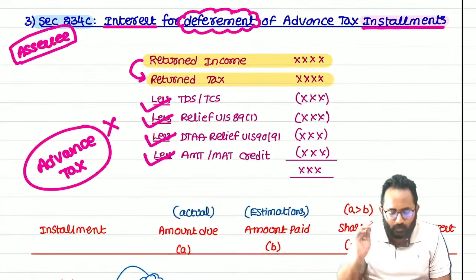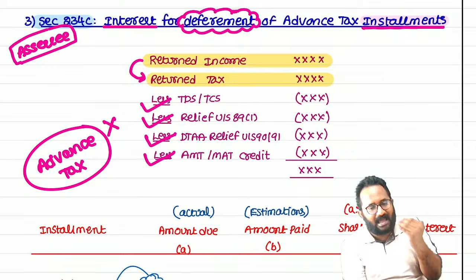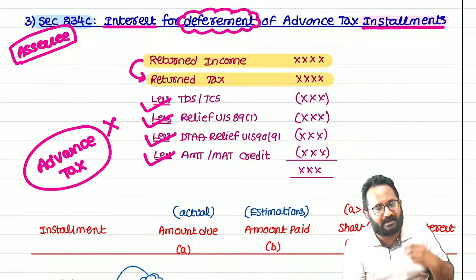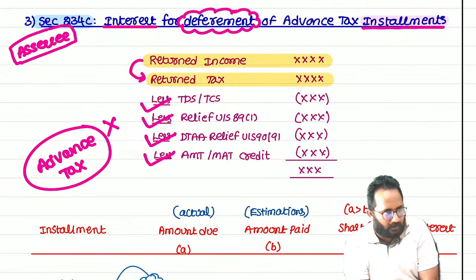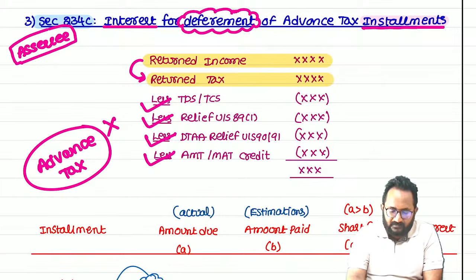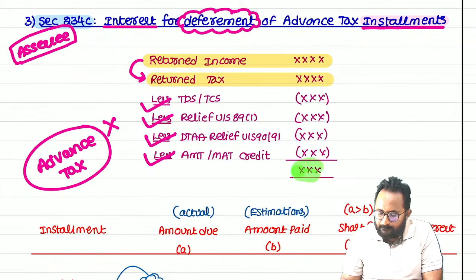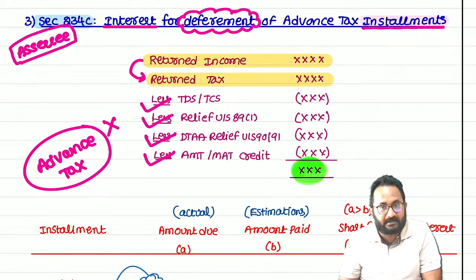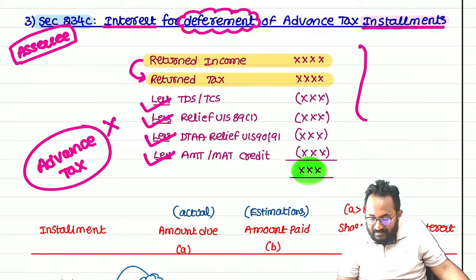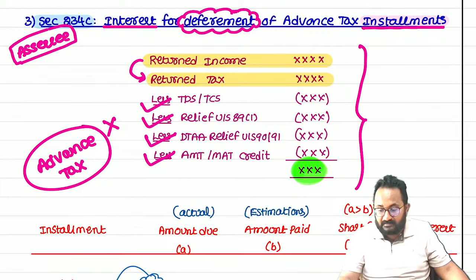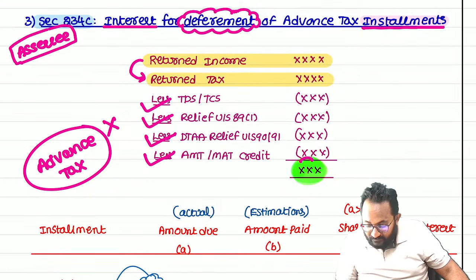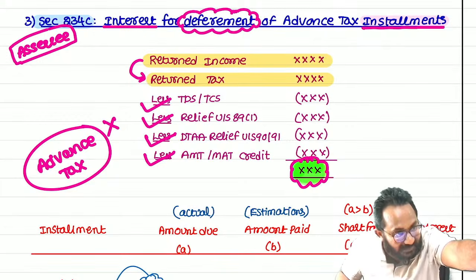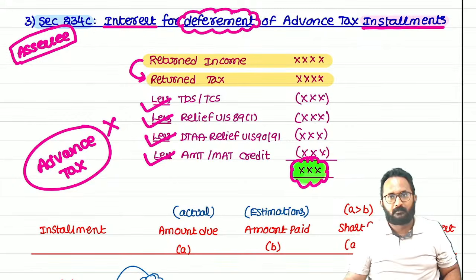Here also, in 234C also, you can calculate the return tax. All credits you can reduce except what? Advance tax. I will tell you the reason why we are not reducing it now. Ma, this is whose expectation, Ra? Department expectation. But this computation is entirely done in which year? Assessment year only. Because return of income can be filed in which year? Assessment year. In that assessment year, their expectation is that you have to clear this amount as an advance tax. That's why we are not reducing the advance tax.